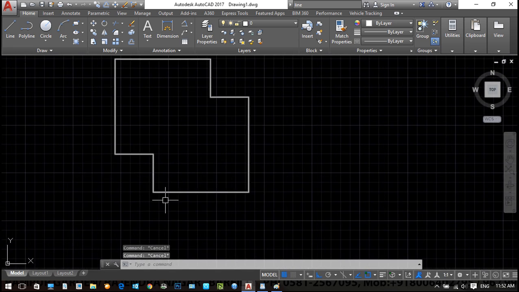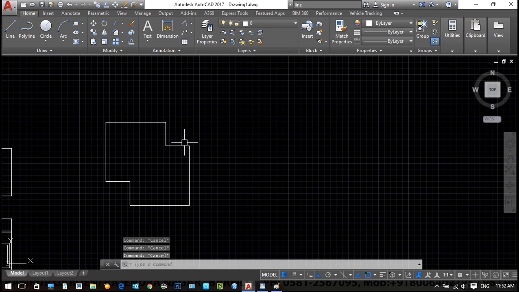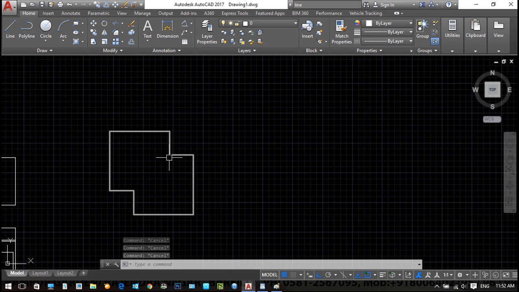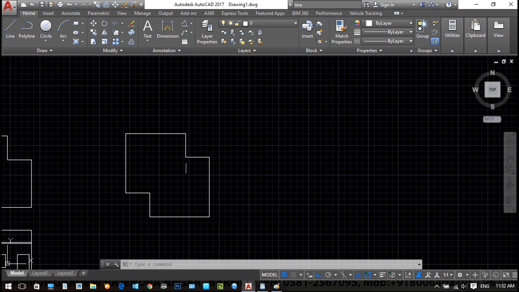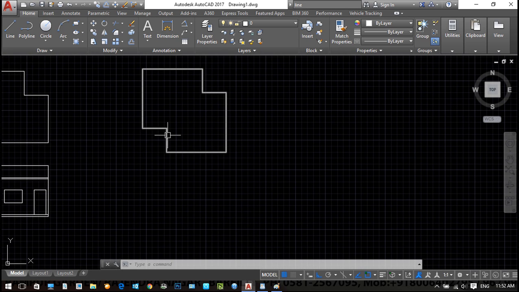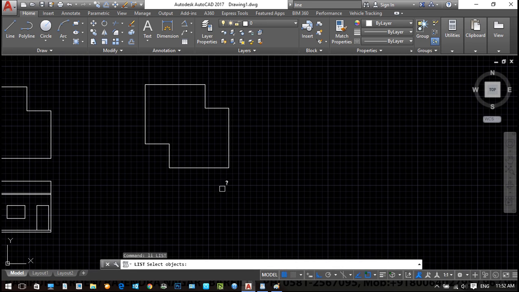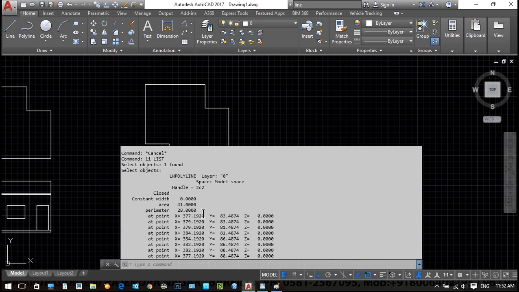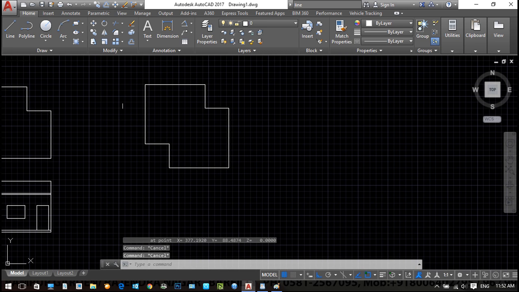So now this is 5 meter plus 5 meter equals 10, 10 plus 2 is 12, 12 plus 2 is 14, 14 plus 5, 19 plus 5 plus 2 plus 2. The perimeter is 28 and the area is 41 because the complete area is 41.